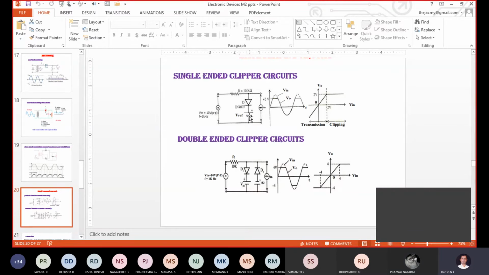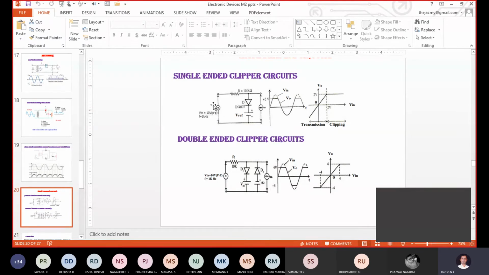When V reference is dominating, the diode D goes to switch off mode. When V in increases beyond V reference, that is, when V in is dominating, or how do we say it, when the P type semiconducting material is more positive than the V reference or than the N type semiconducting material, in such a situation V in will be dominating.